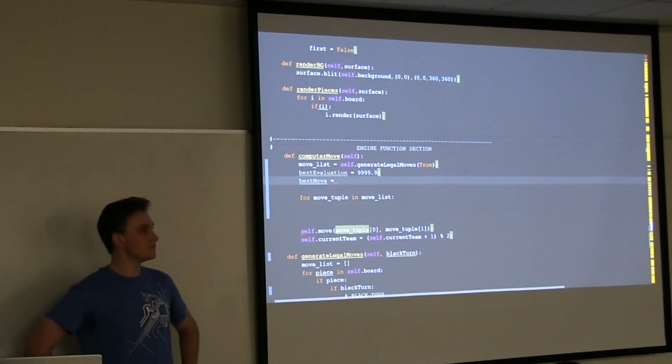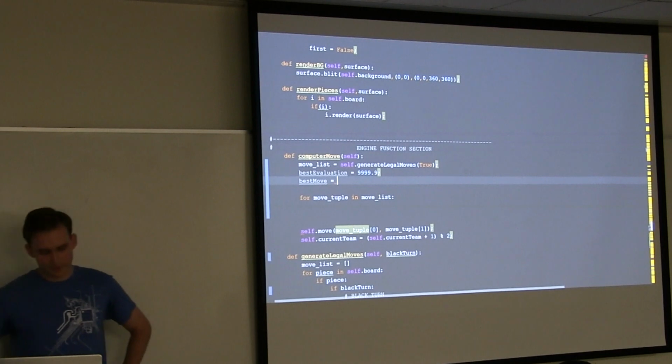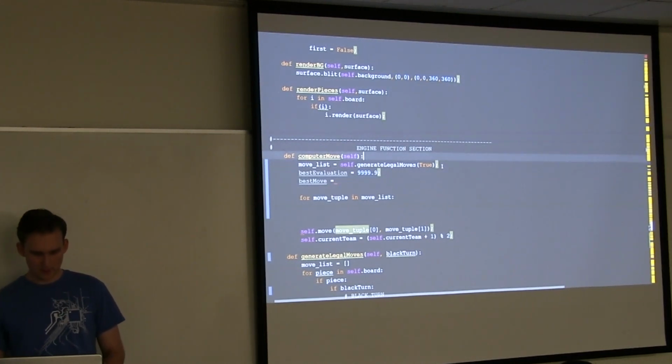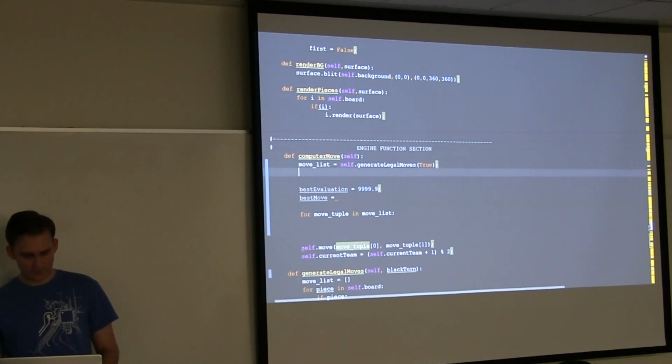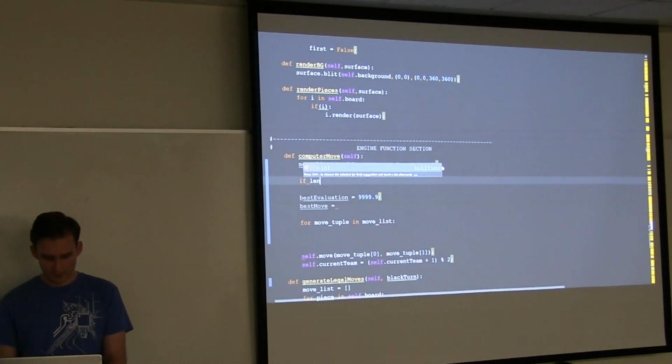Shouldn't we just set best evaluation to the evaluation of the first move in the list, just to be safe? That's sensible. Yeah. And actually, I was about to just set best move to that, so we might as well, right? Yeah. In fact, if there are no moves to make, we don't really want to do anything anyway, so we might as well handle that right here.